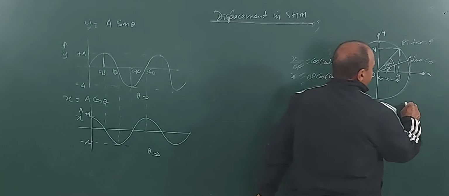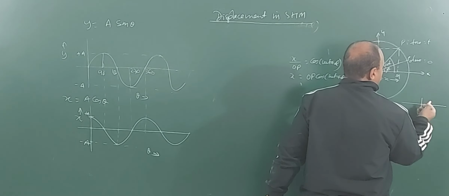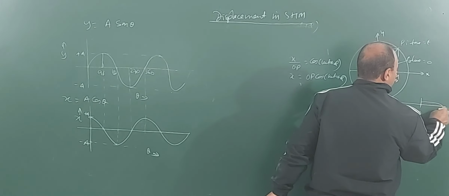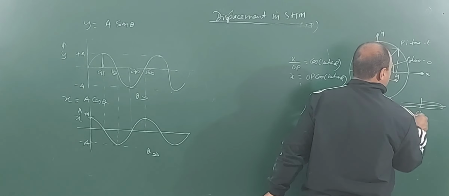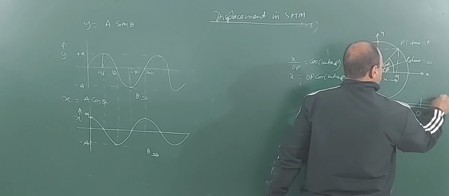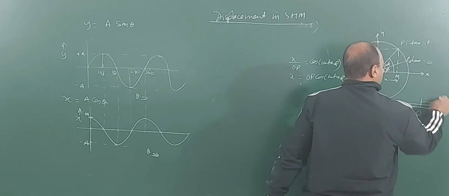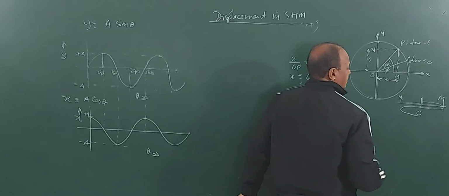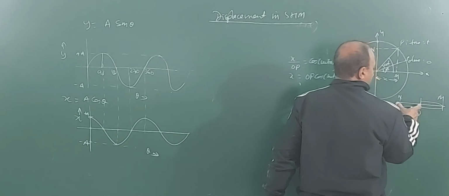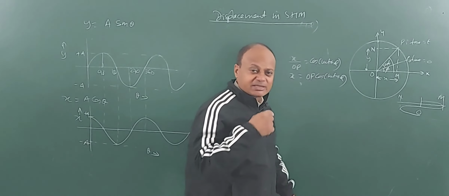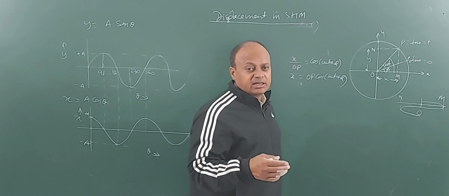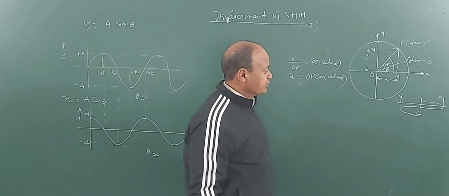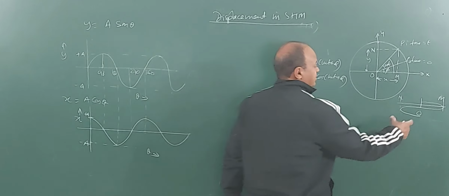We can understand it here also. Suppose O is the center and the particle starts executing simple harmonic motion. The particle goes from here up to A, comes back and again comes back to O. So this is point A, and suppose this is point M and this is point N. So this will be the value of amplitude and this will also be the value of amplitude. The maximum displacement that a particle goes on either side during its simple harmonic motion is called amplitude.